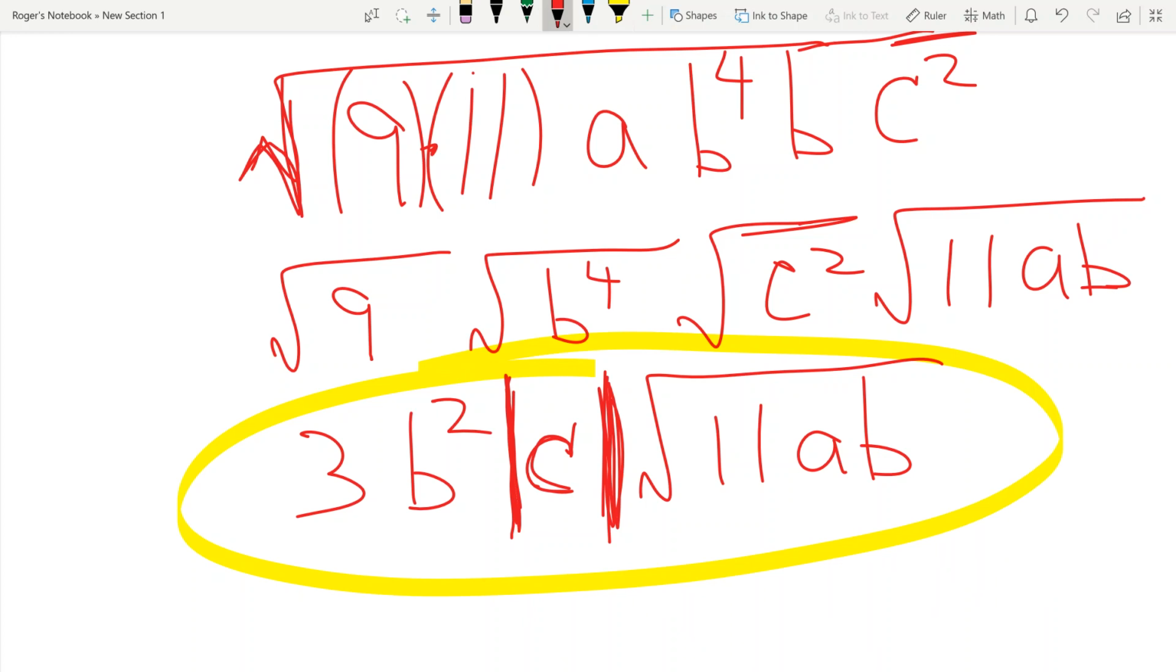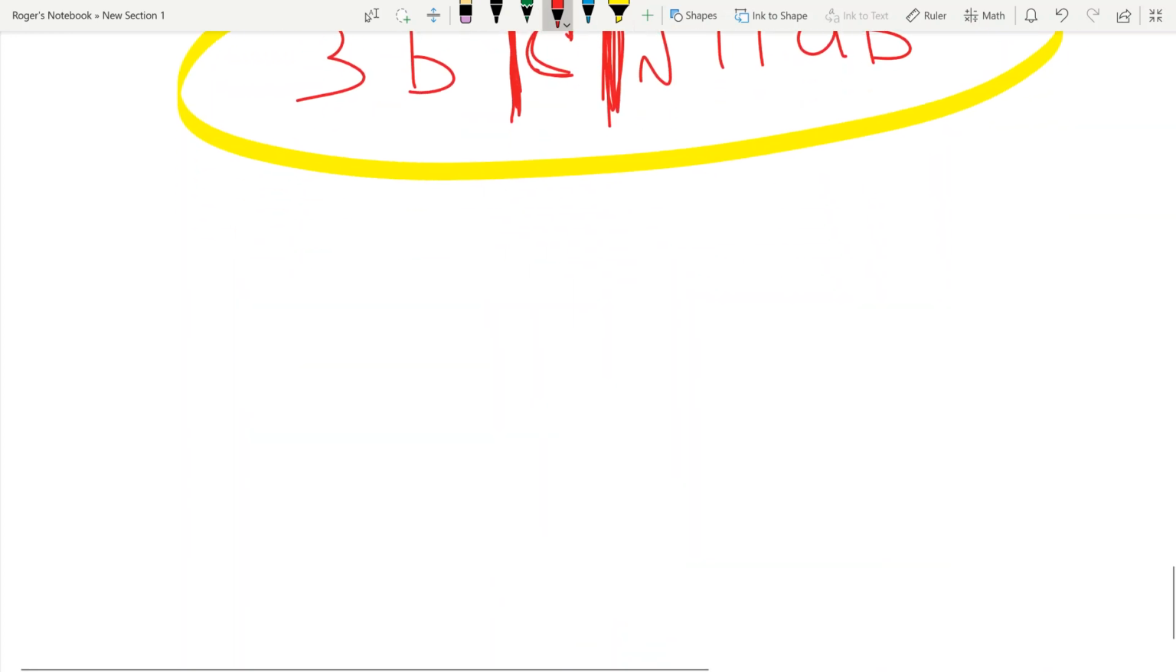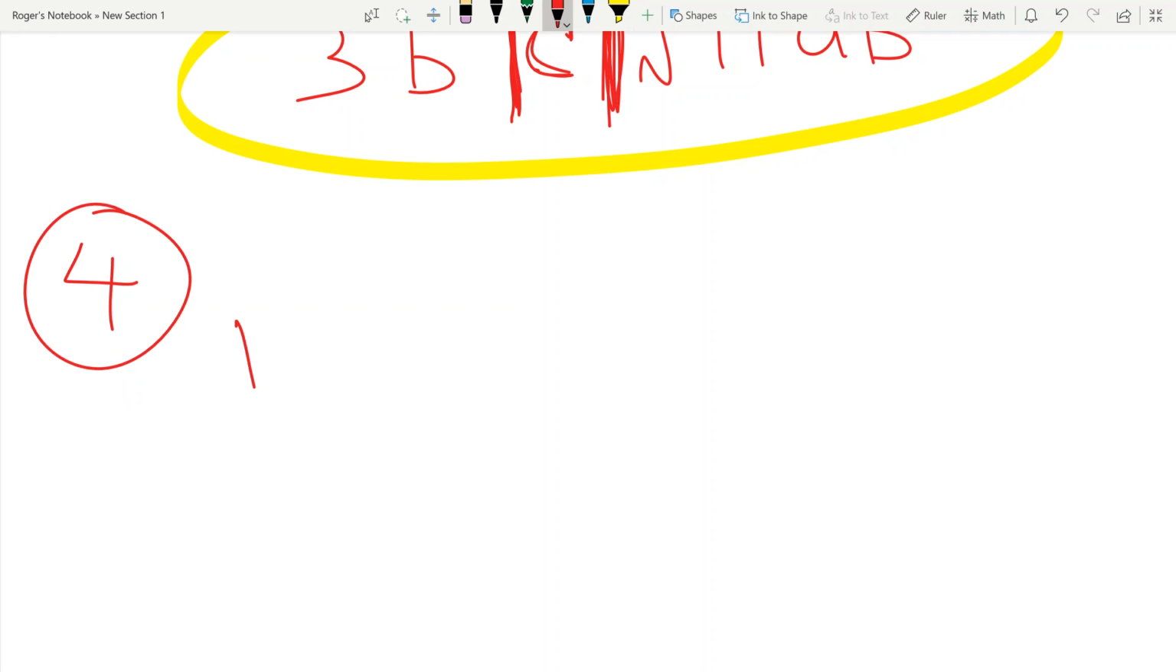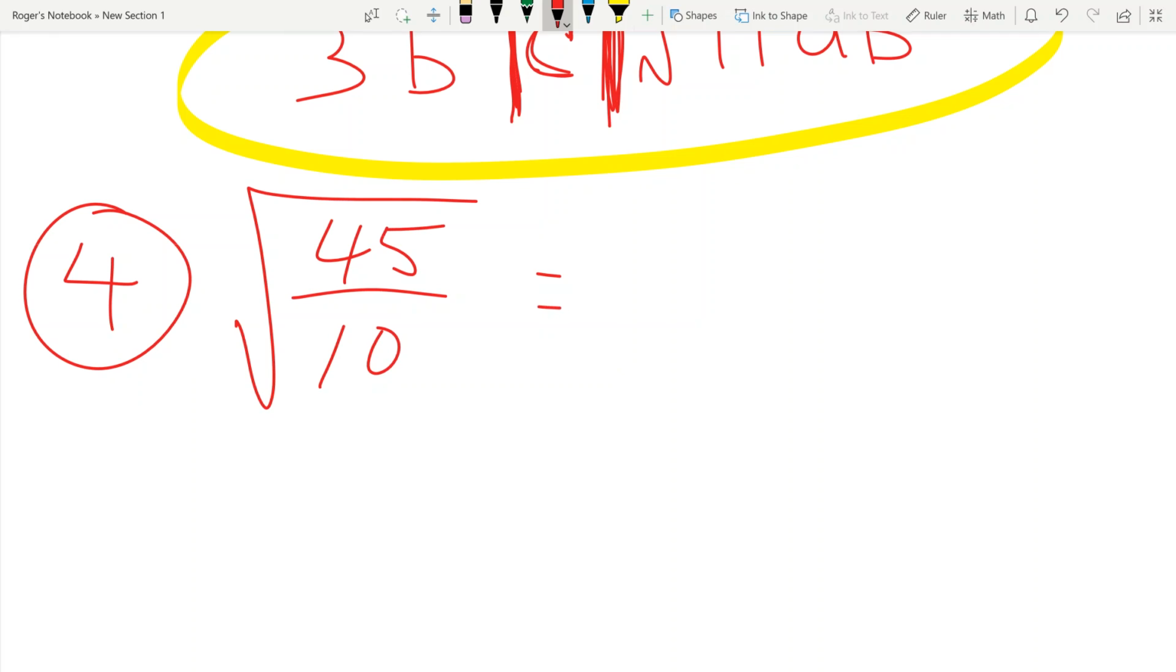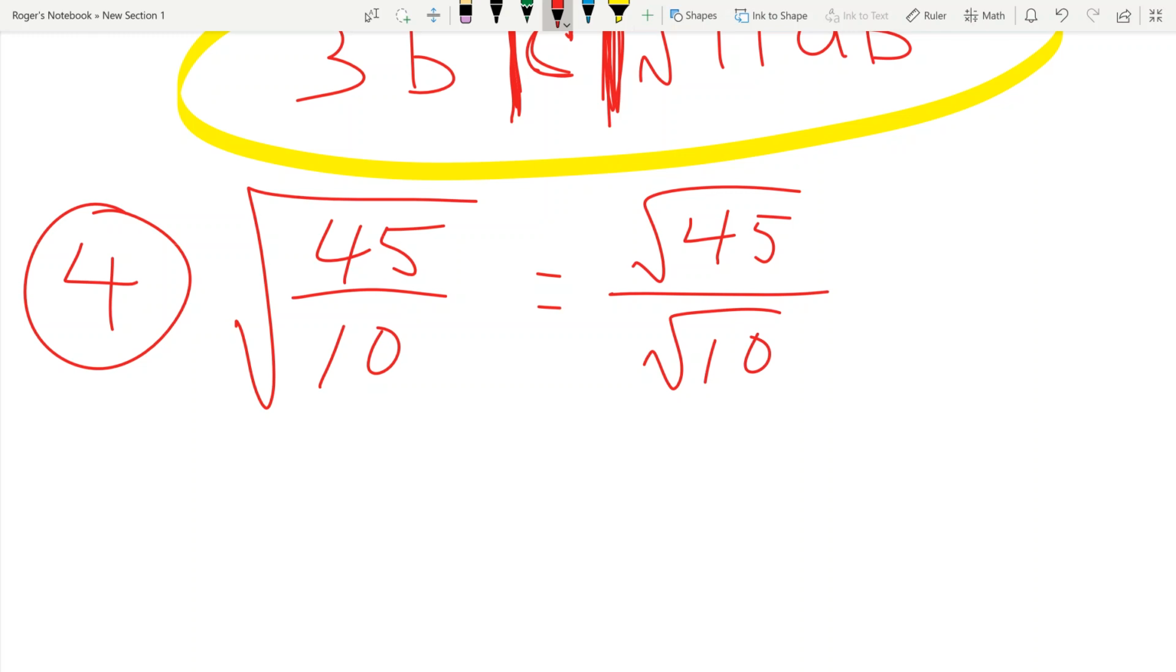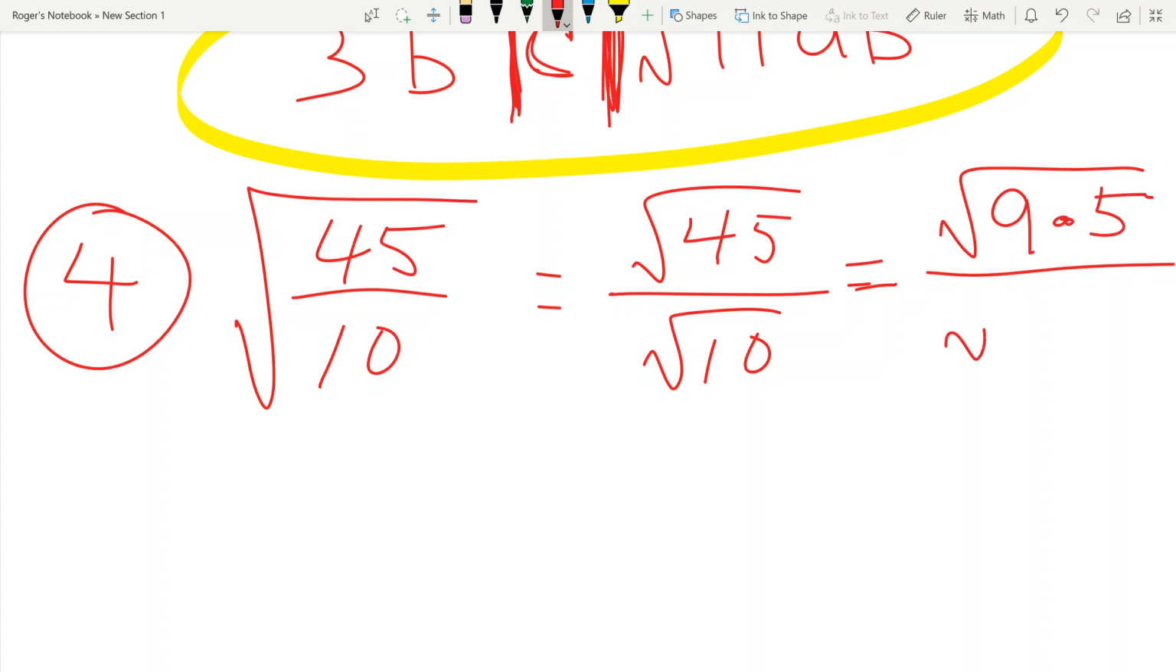Let's do the square root of 45 over 10. Fourth example. 45 over 10. What's this equal to? Well, following our rule, it's the square root of 45 divided by the square root of 10. And working on down through that a little bit more. What's the square root of 45? Well, it's the square root of 9 times 5 over the square root of 2 times 5,